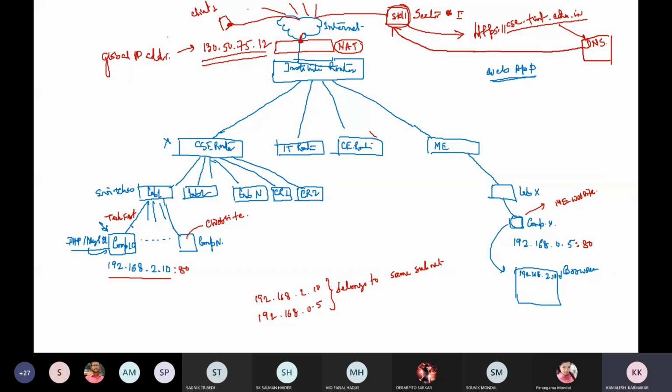After receiving this IP address, it can prepare a packet by mentioning its own IP address and the destination IP address. Until it prepares a packet, it cannot be routed, so in a packet we must have the source IP address and destination IP address.